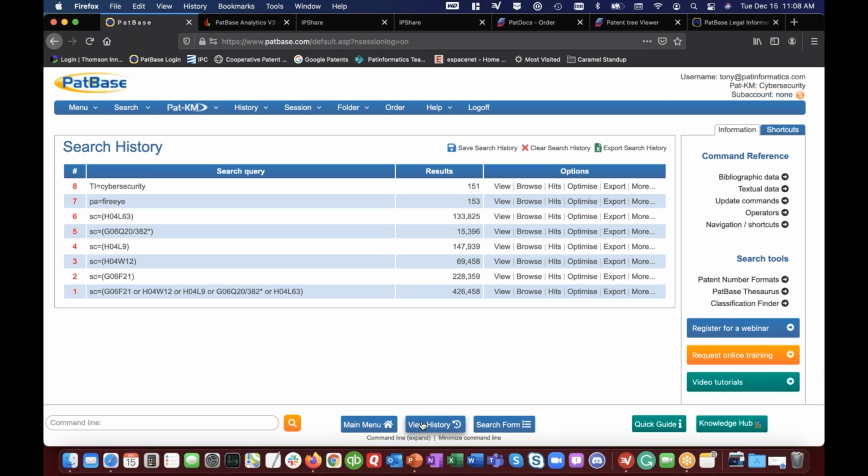And so if we come back here to our history, you can see that I've got the SC, which is the supercode, which will capture both IPC and CPC among the other coding systems that are available. And there's my G06F21. And then I've got H04W12, and that's wireless security. H04L9, that's encryption. I've got G06Q20/38, which is secure payments. And I've got H04L63, which is network security. And so I've put all of these together, and I've ended up with